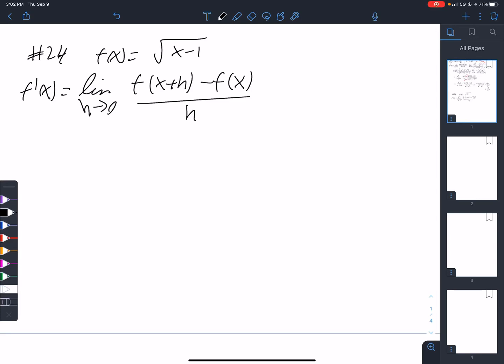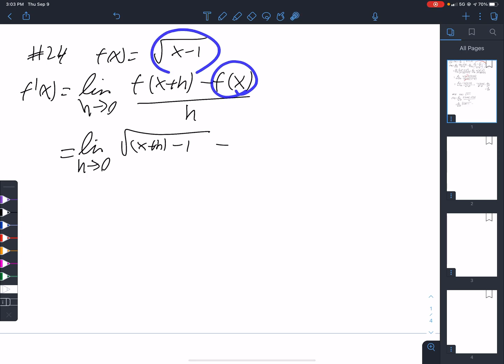This is 3.1, number 24, using the definition of derivative. And so here we go. I need to plug x plus h here. So I will do that. That'll be square root x plus h minus 1. I just put the function again